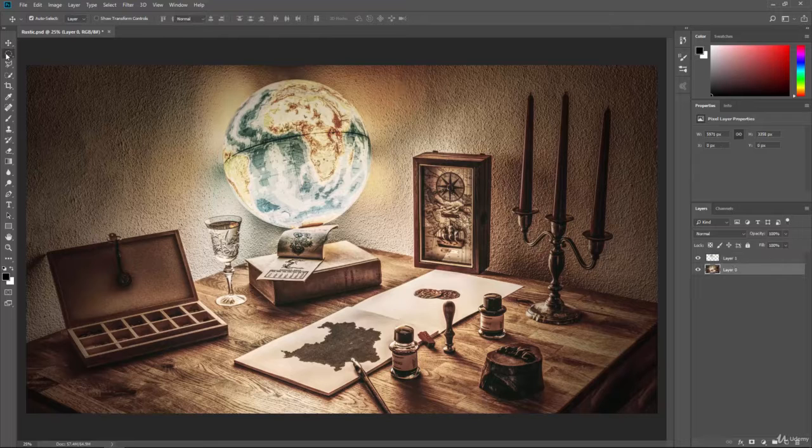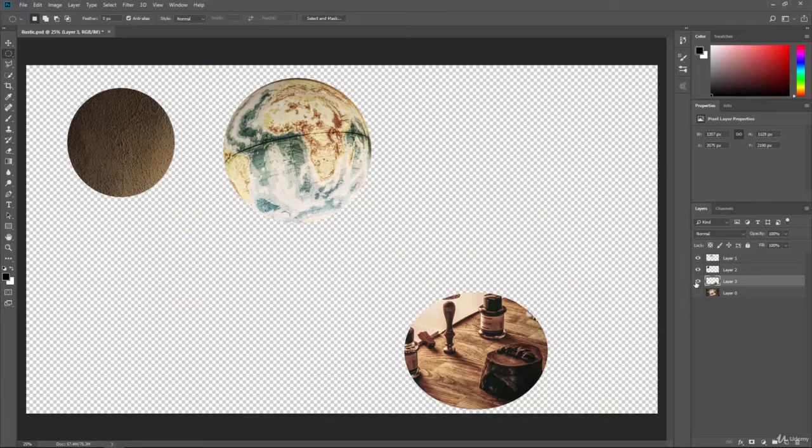So let's go ahead and make a couple different selections here. So we'll copy this wall and paste it in. And then we'll copy some stuff on the desk. We'll go ahead and hit the layer button there. We'll copy and paste that. And we have these different layers here. And we're going to go ahead and group these together by hitting Control or Command G, and that creates a